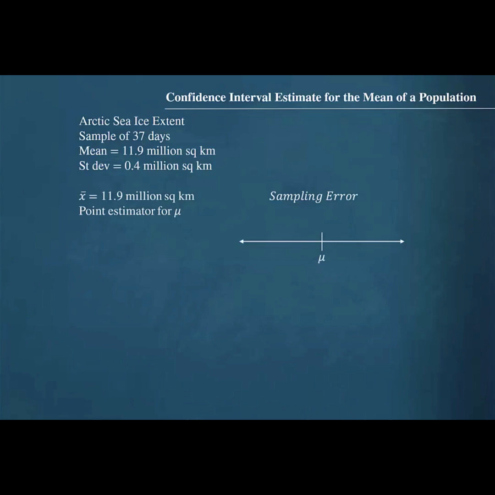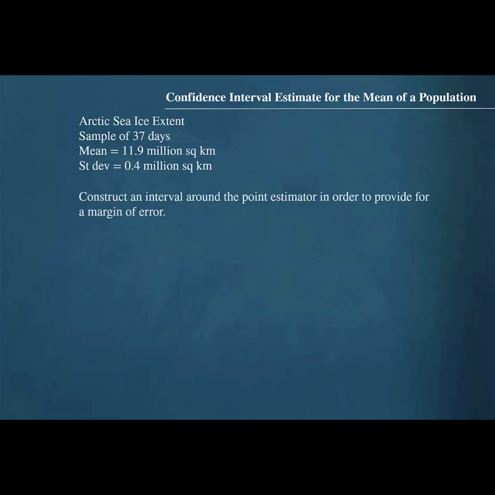The population mean at a given point in time is a fixed value and would reside somewhere on the number line. When sample data is gathered and a mean is calculated, that sample mean can be slightly smaller than the actual population mean, or it might be larger. It is impossible to know exactly where a sample mean lies in relation to the population mean unless the population mean is actually known. When the population mean is not known, we will increase the reliability of our estimate by